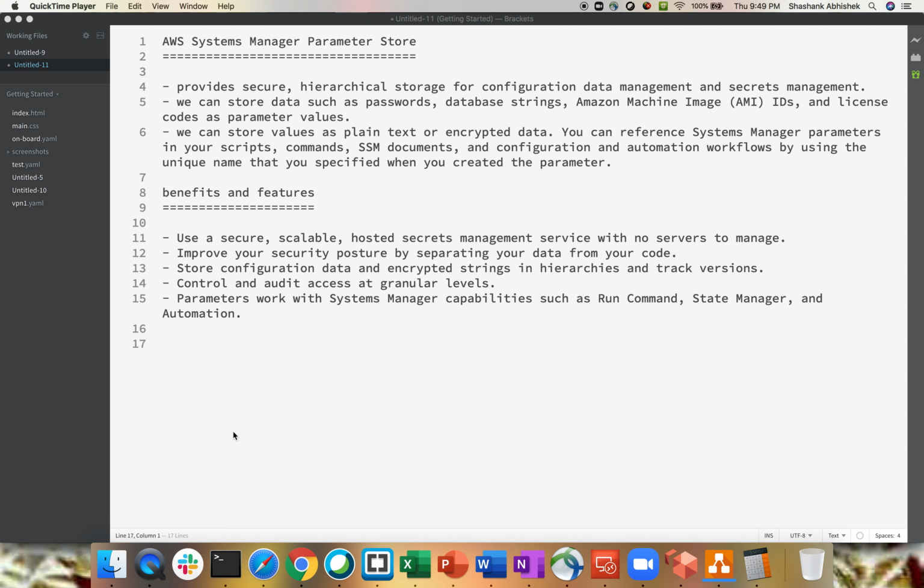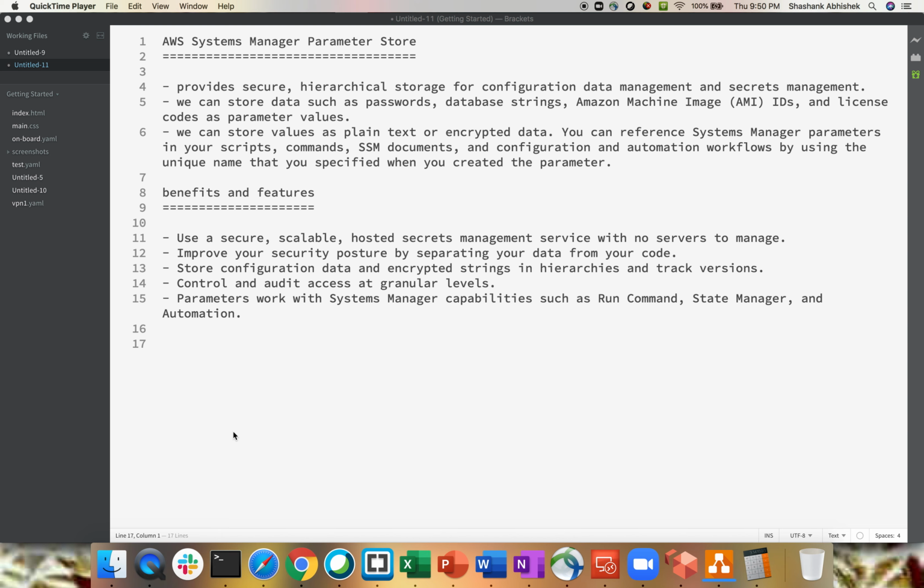Let's take an example of a CloudFormation script. When you design a CloudFormation script, you try to parameterize all your values like AMI IDs, your server instance type, your VPC, subnets, and everything. You can store all those values within this module, just upload your stack and execute it. It will take all the values from Parameter Store, and you will get your infrastructure or server provisioning from CloudFormation within a few clicks.